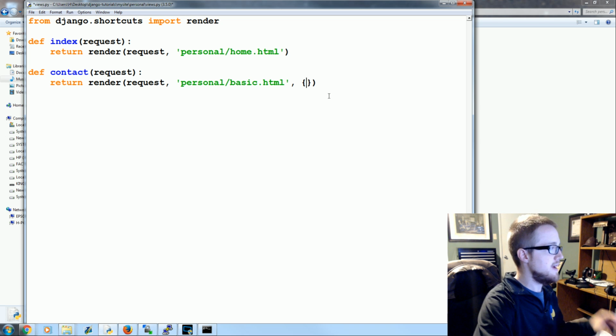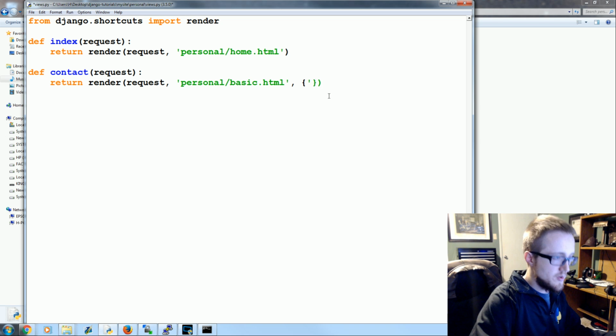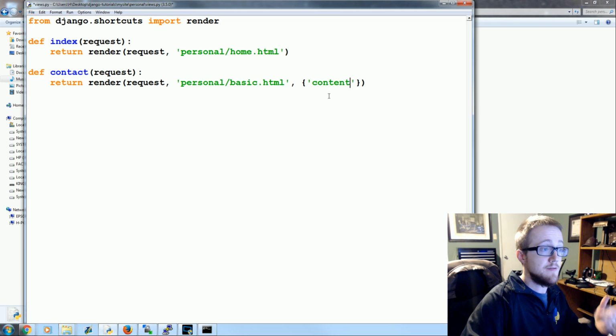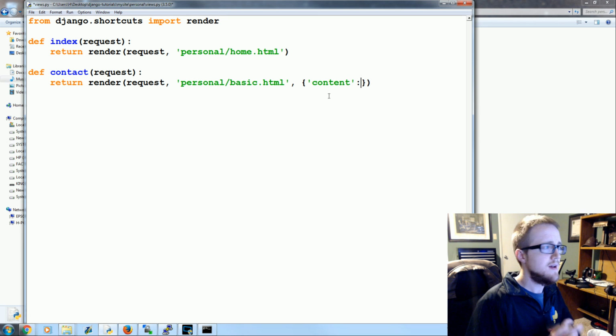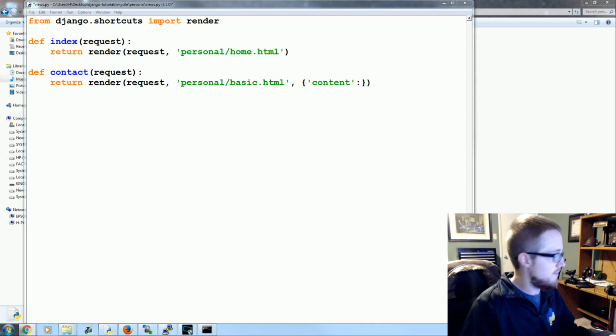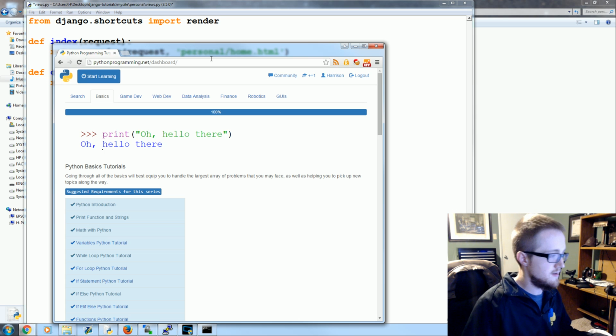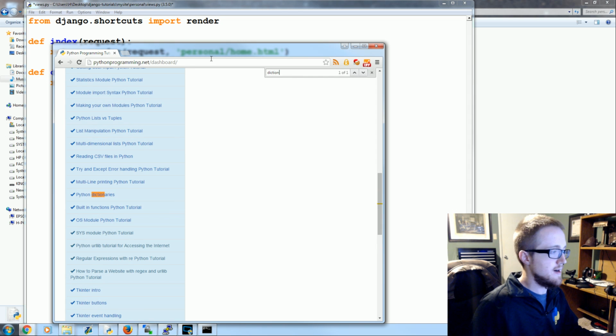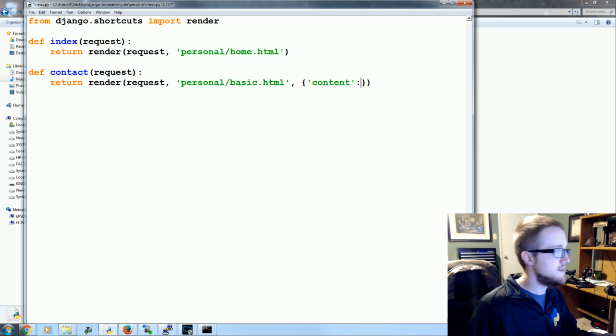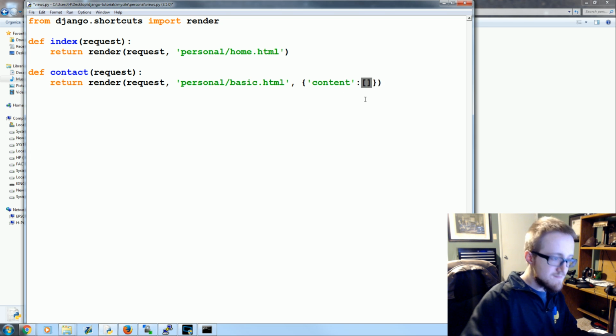So in the dictionary, we can store things. So for example, we can store something under the name of content. So content is the key of the dictionary. If you're not familiar with dictionaries, I do have a Python Basics tutorial on dictionaries. You can go to pythonprogramming.net, go to the dashboard, search for dictionaries, and boom, Python dictionaries. So content is the key. The value will be a list. And the list will just be,